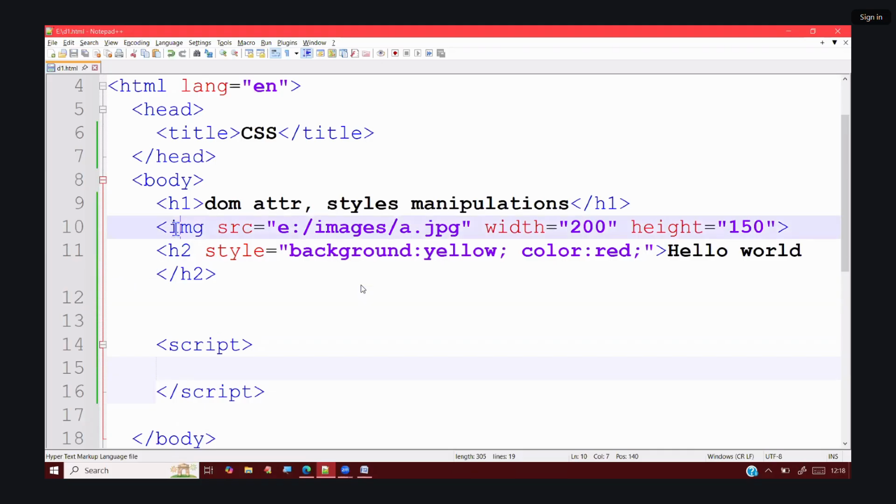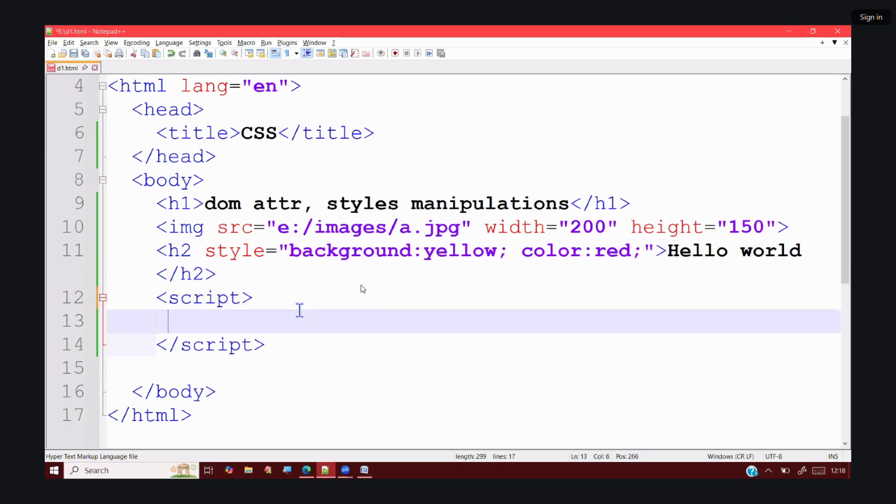Okay, sir. These are the two tags. One is an image tag with some HTML attributes, and one is the H2 tag with some CSS properties, background and color. Now start the operation. On state I equals to